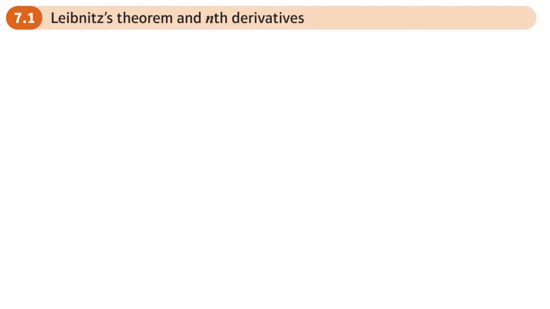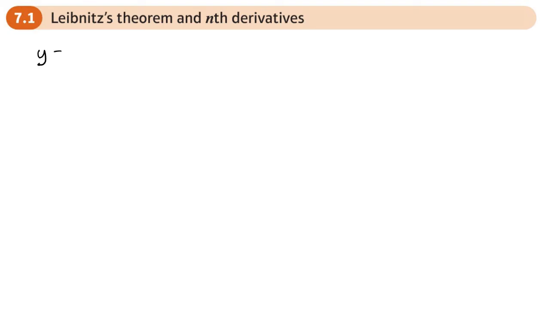This is the first section of Chapter 7, Methods in Calculus, and here we're going to look at Leibniz's theorem and nth derivatives. So you've already come across the product rule. So if we've got,